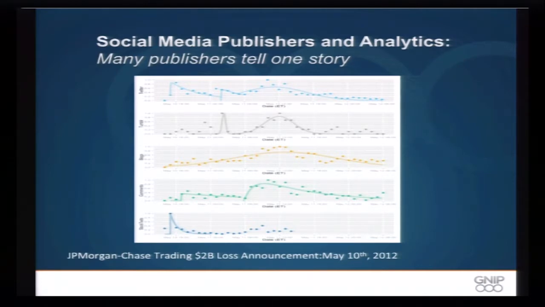There were obvious implications. You didn't need a firehose to tell you that a lot of things were happening here. But when we look at firehose access data and we're recording the event, we actually see some unique characteristics, as each network has a different profile. When the actual announcement happened, and I know this could be really hard to read, on the top we have Twitter. The bottom is StockTwits, which is another social network. You saw an immediate spike, so you have this immediate discussion unfold, and then things die off pretty quickly.